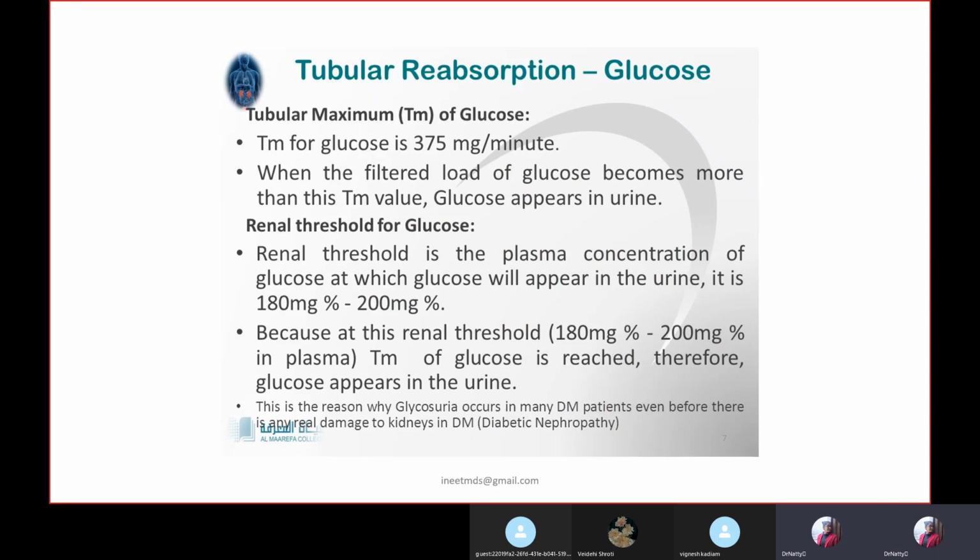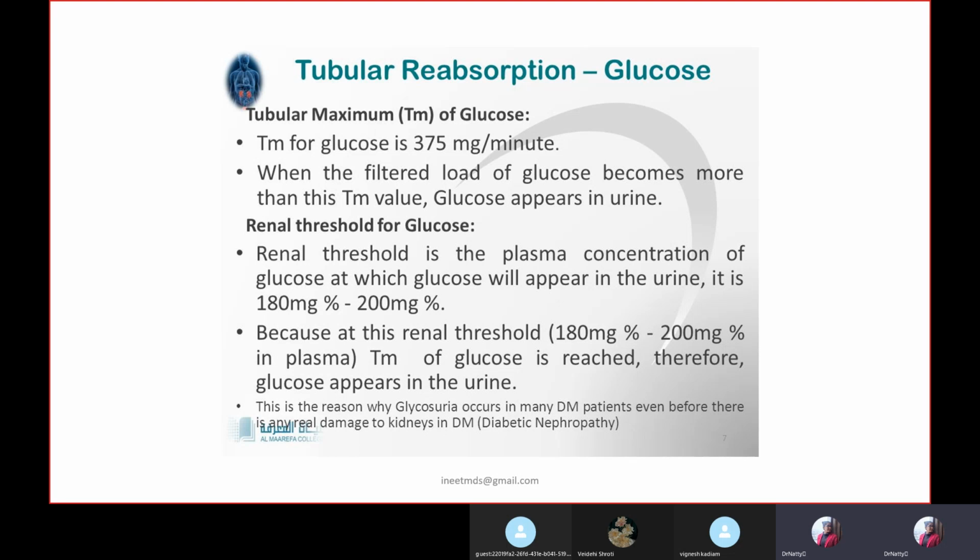Now, tubular reabsorption of glucose. There are two very important words, that is tubular maximum and renal threshold. Tubular maximum for glucose is 375 milligram per minute, which means when the load increases more than 375 milligram, the glucose will appear in urine. Whereas there is something called the renal threshold, which means when the glucose level in the plasma increases to a particular amount, the glucose will appear in